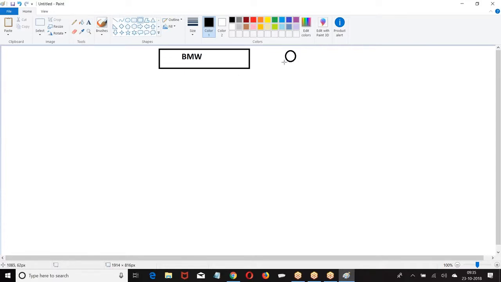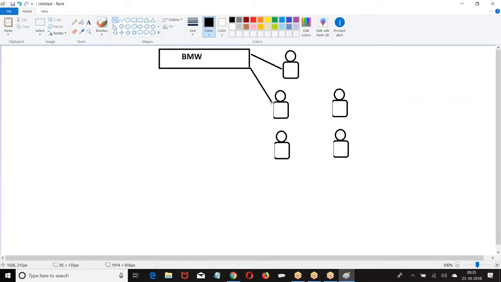BMW manufactures cars, and it recruited some employees to take care of their business. It appointed some employees like a regional manager, zonal manager, executives like this.